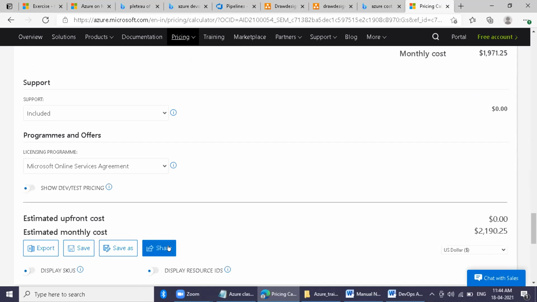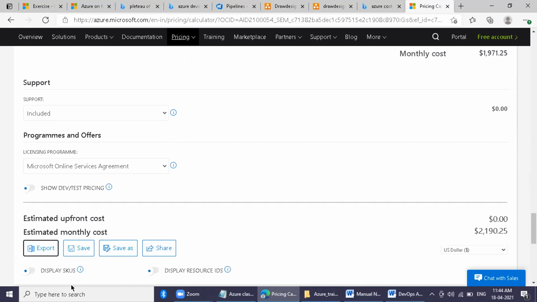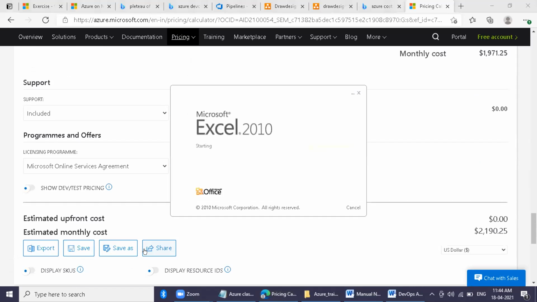Now you have everything. You can click Export. It downloaded the export as an Excel sheet. You can save as a PDF also. So now you understand the whole project.